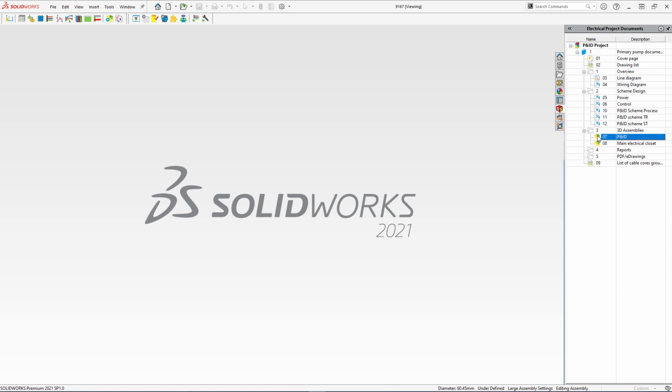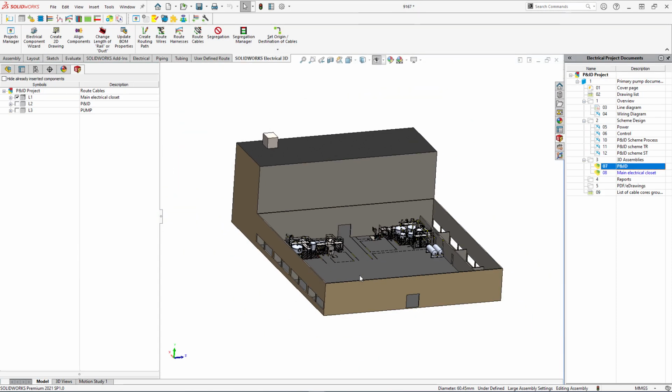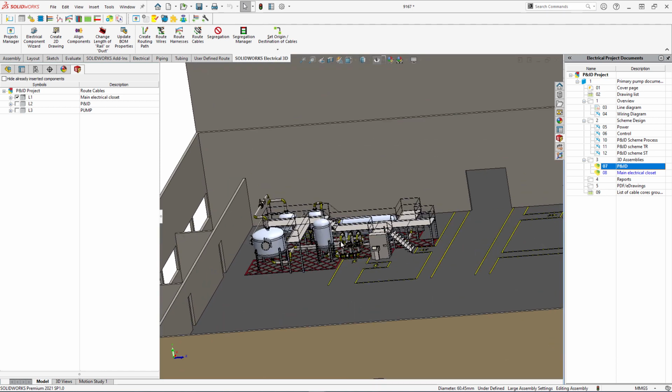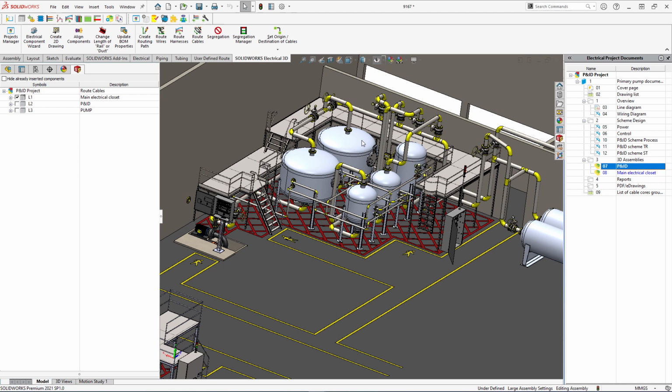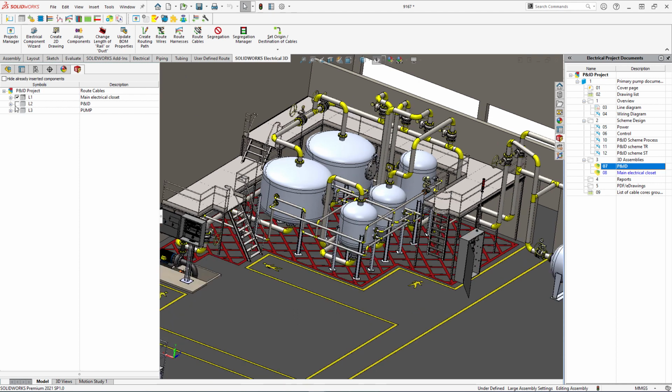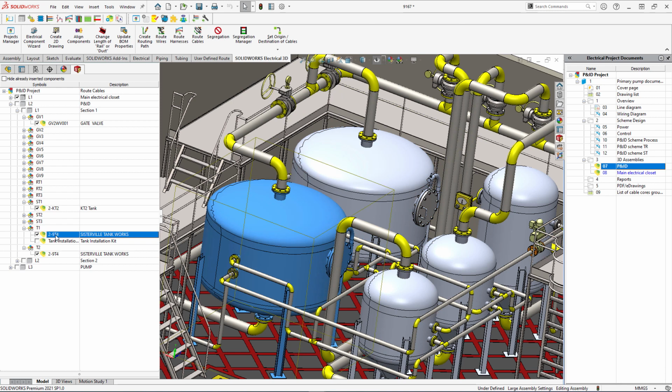A 3D assembly is already created. Double-click to open it. On the left, we can find all the components sorted by locations. Each component has a manufactured part associated. If I click the part, the 3D model highlights. If I double-click the part, the software zooms on it.